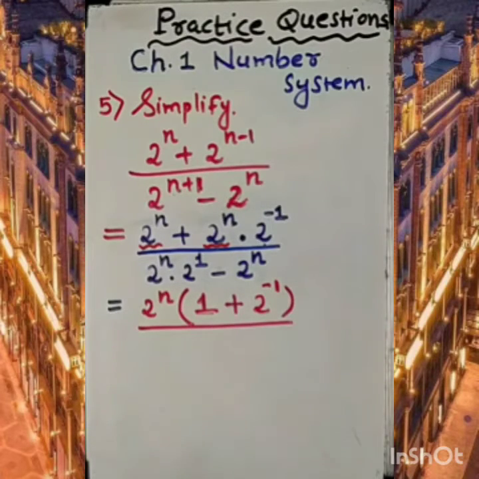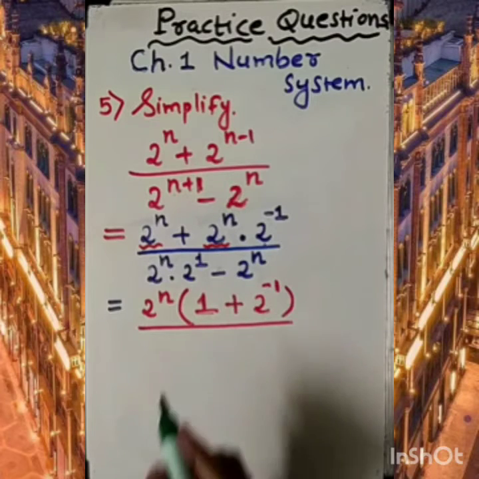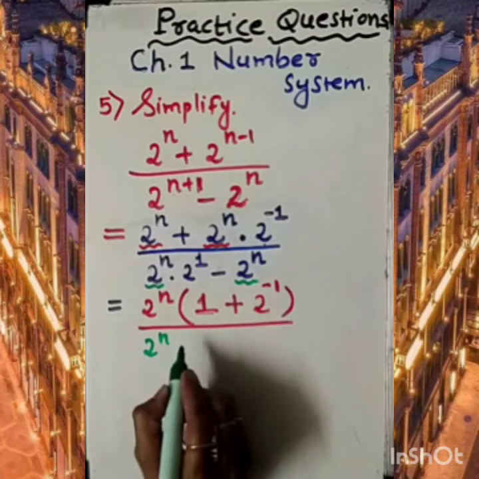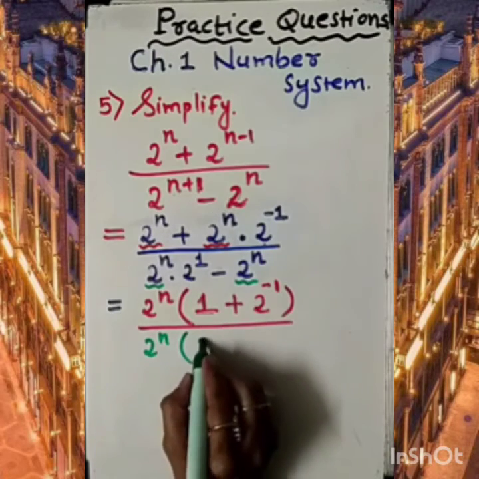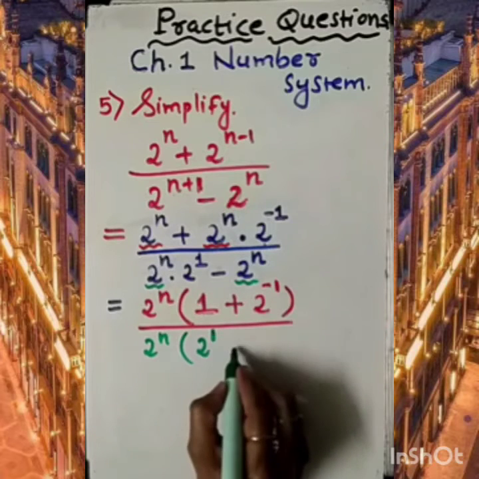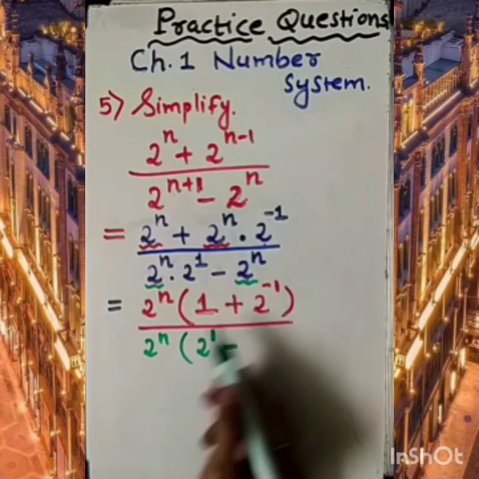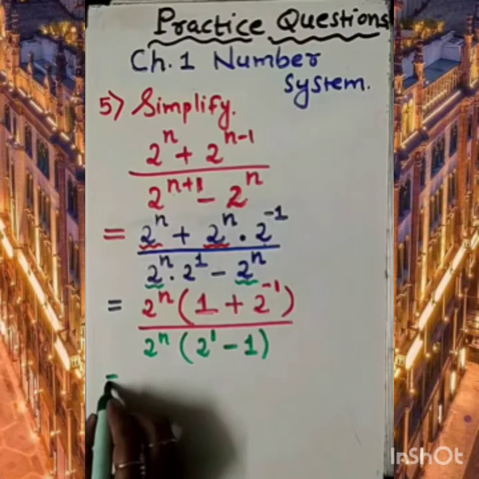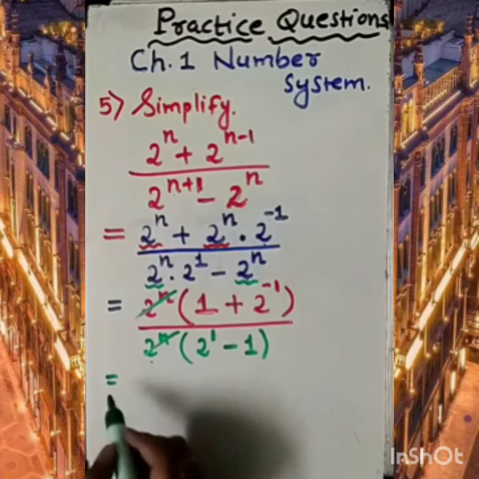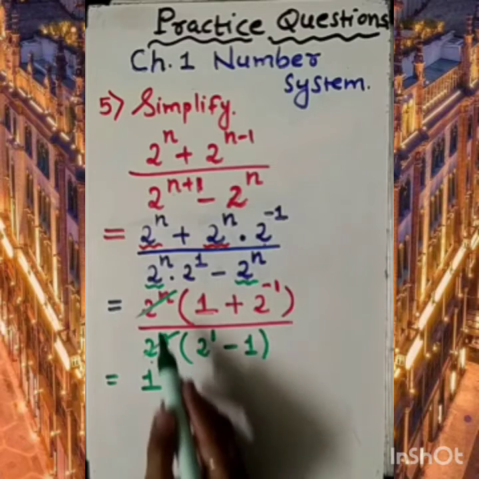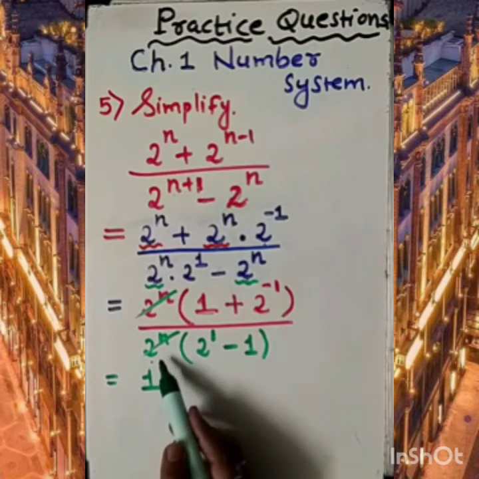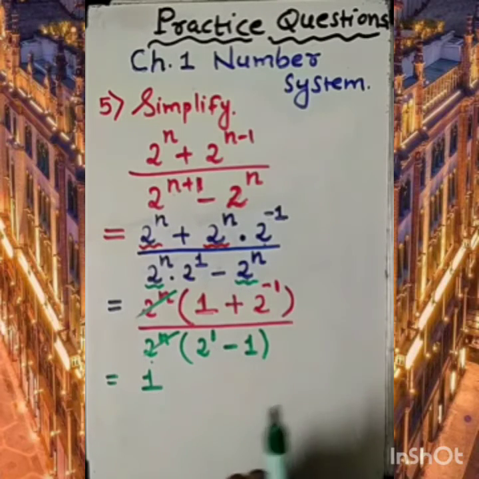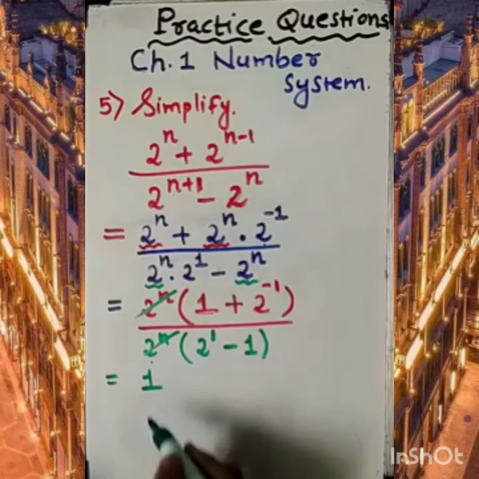Same thing in the denominator also we are going to do. 2 to the power n is common. So what will be left? 2 to the power 1, I am writing here, minus. The last term is outside. What will be left here? Nothing, which means 1. Simple. Now as we know, 2 to the power n and 2 to the power n will be cancelled, so it will be 1. Though we can't cancel this way, we actually need to write it in power form, 2 to the power n minus n. But it's okay for this here.